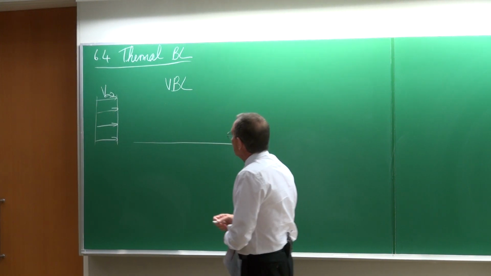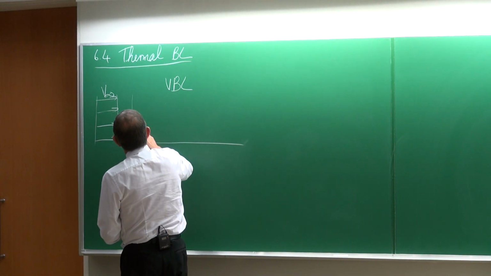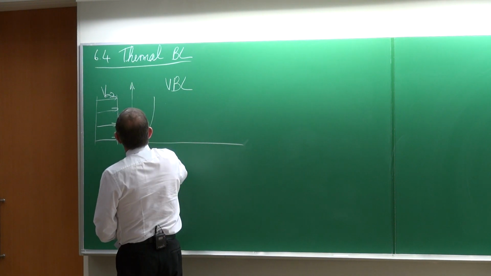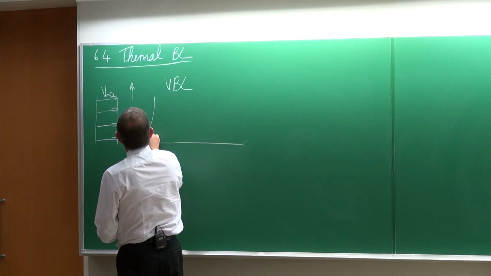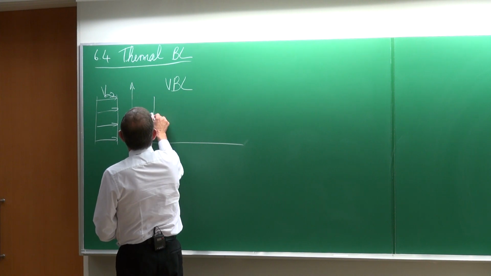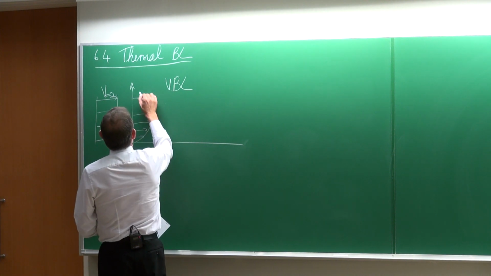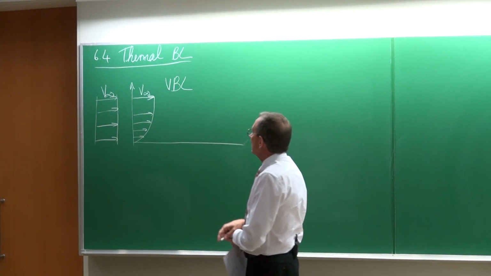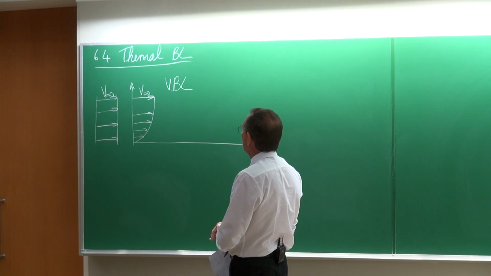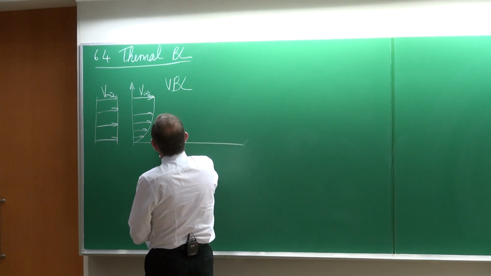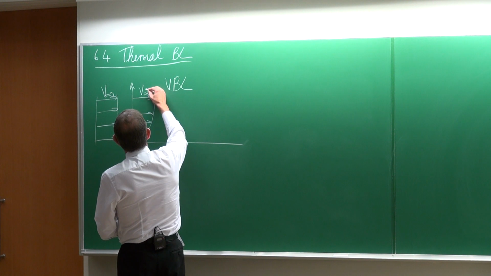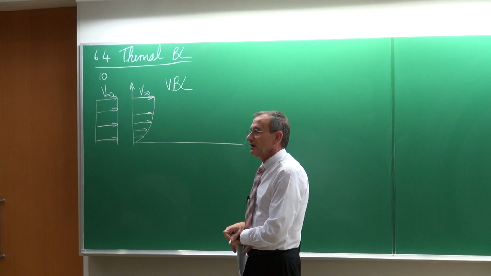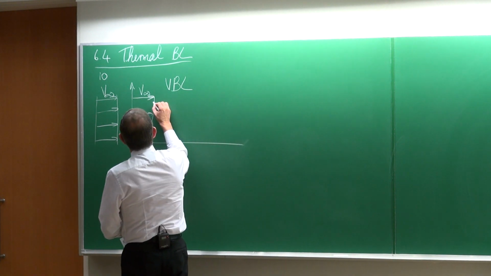V infinity, and we have what is called a no-slip boundary condition. So here on the wall, the velocity would be equal to 0, and then the velocity will increase until it's the same as that of the free stream velocity. However, let's suppose that free stream velocity is 10 meters per second. Then the boundary layer thickness will be at